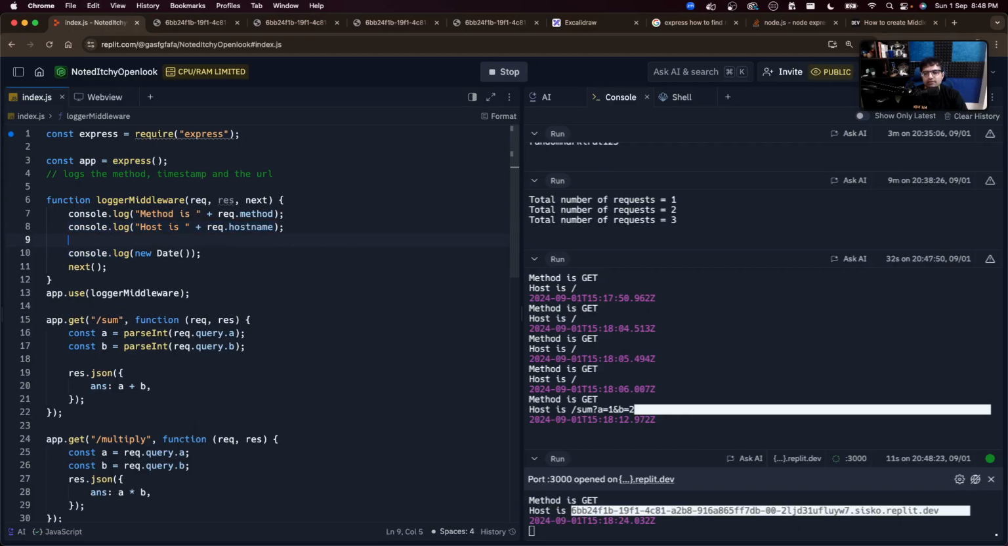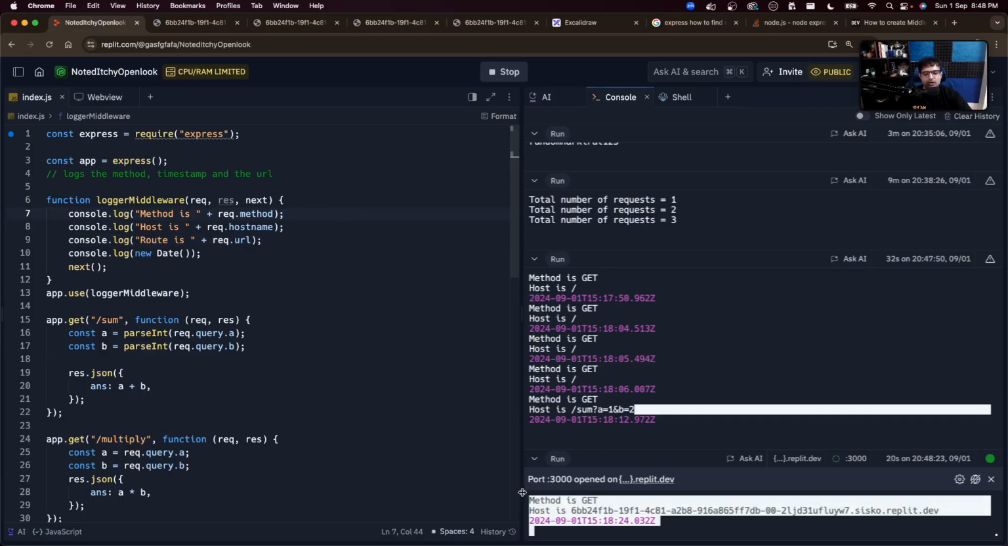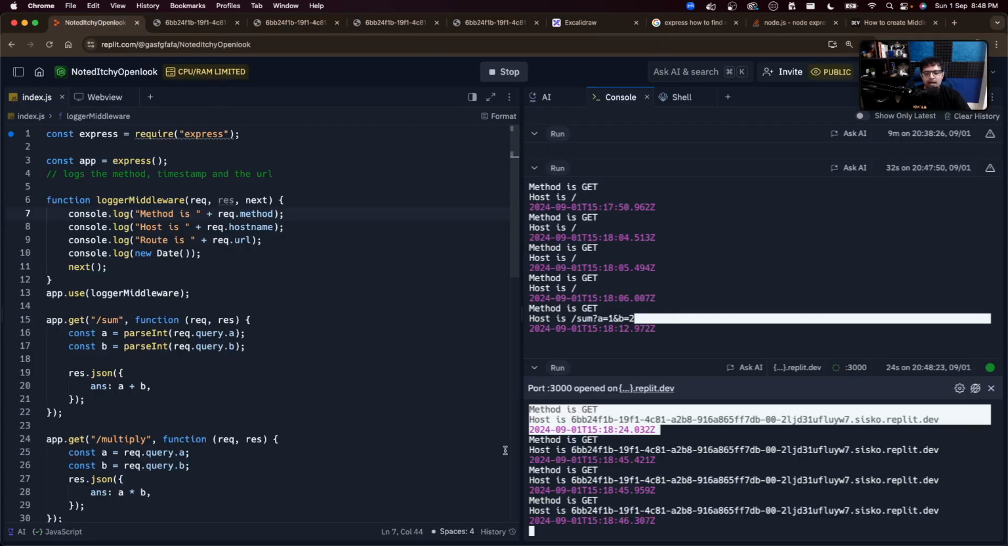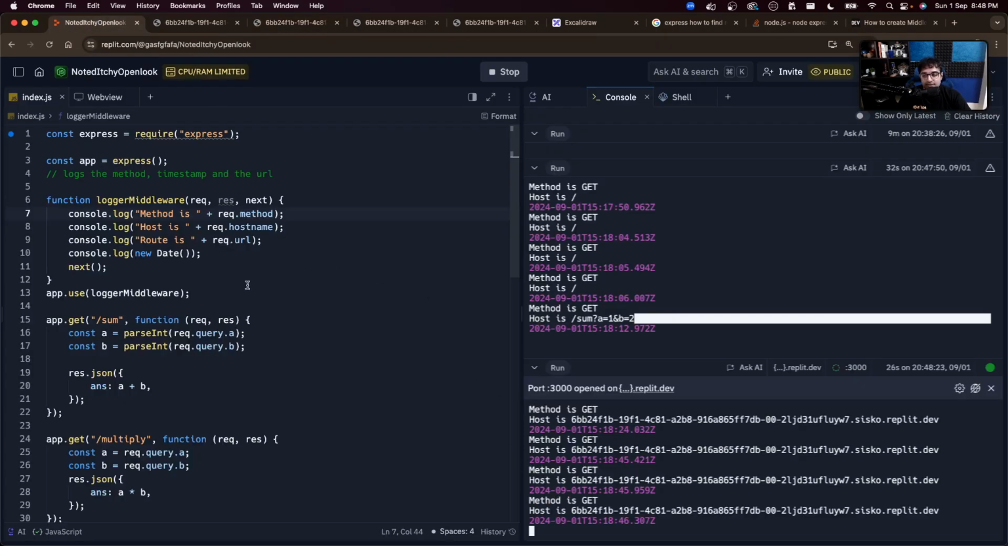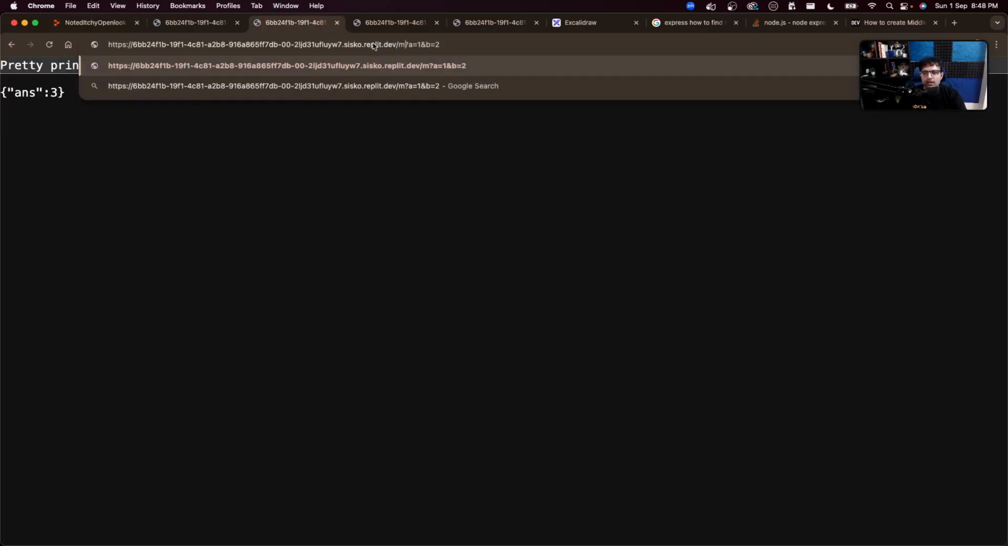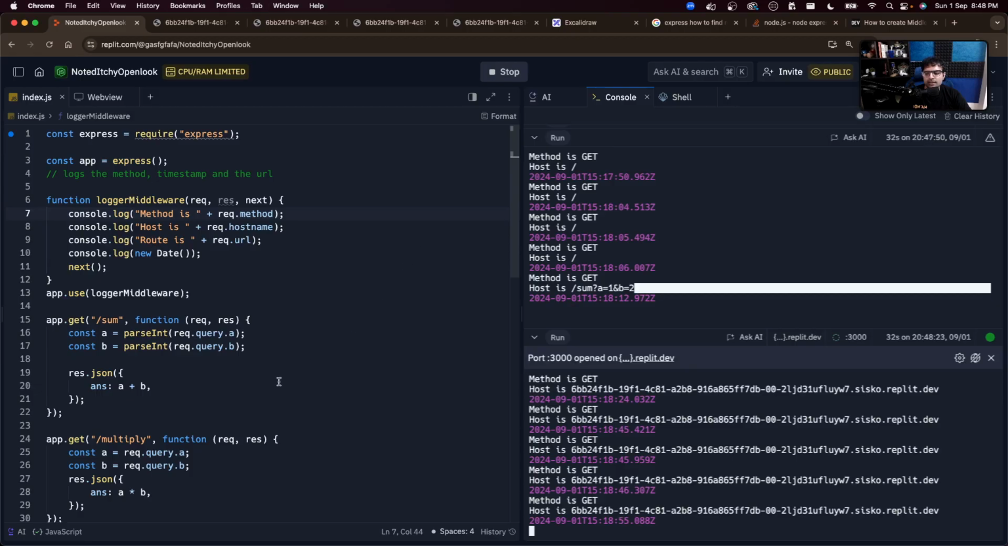And what was the other thing that we saw? req.url. That is the route where the request came. So, you can make this log as verbose as possible. But now if I go to this endpoint a few times, I get a bunch of these logs. Why is it coming? Irrespective of if I go to the sum endpoint or the multiply endpoint, the answer is because I've used this middleware